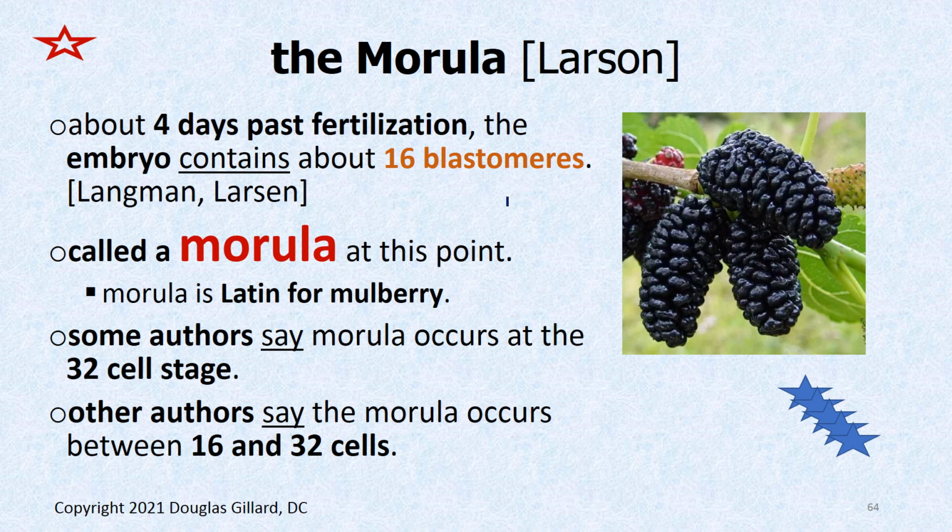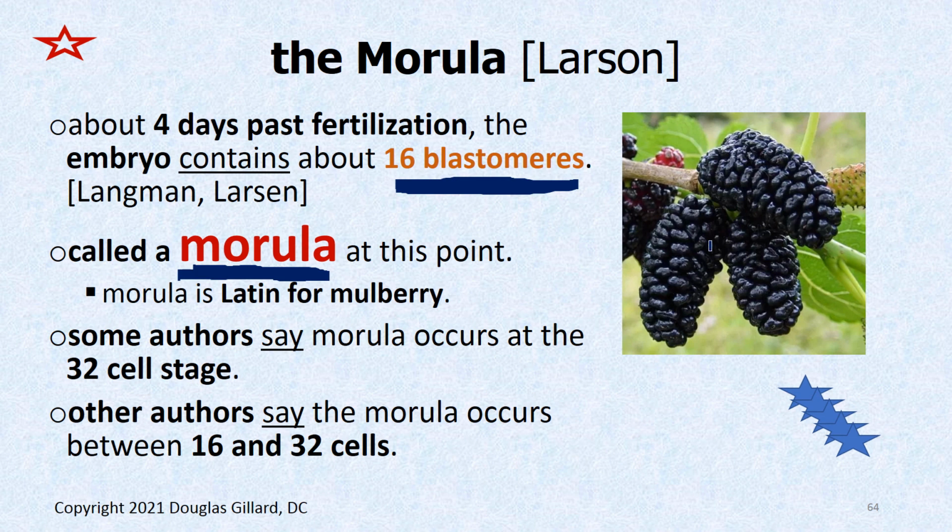So our next milestone is arguably the 16 cell stage. When the little human reaches 16 cells, we get a name change, and we call the little zygote or the little embryo, we call it a morula at this point. You can still call it an embryo though. You can even still call it a zygote. But the morula means that point of development where there's 16 blastomeres surrounded by the zona pellucida. The early authors thought it looked like this berry,